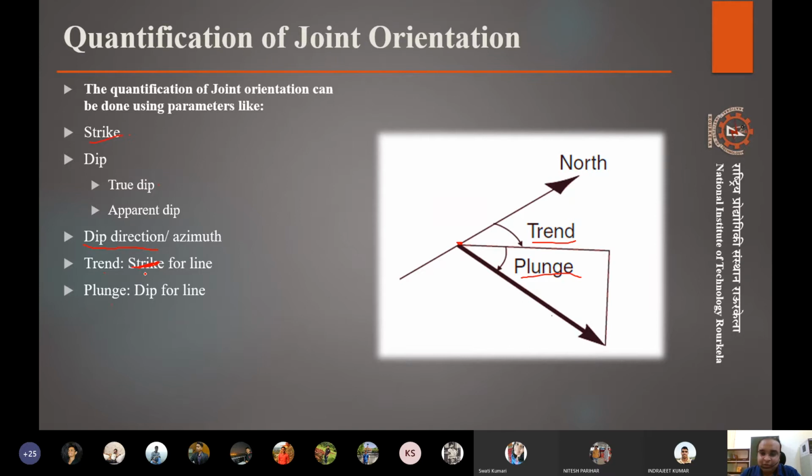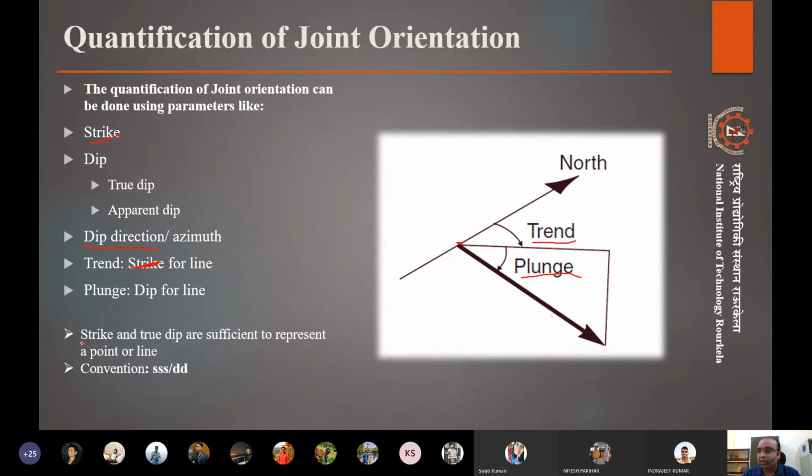So we also need to understand how we plot this line and its interaction with a plane, which we'll see when we start the plotting part. So, as we were saying, the strike and true dip are sufficient to represent a plane or a line, because just the two angles basically define how it will be.